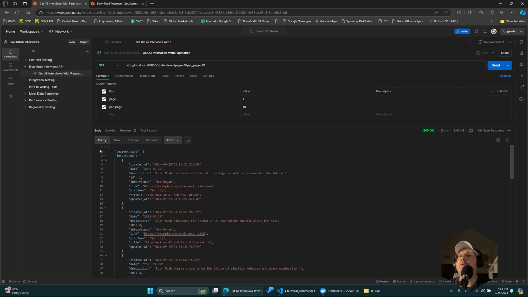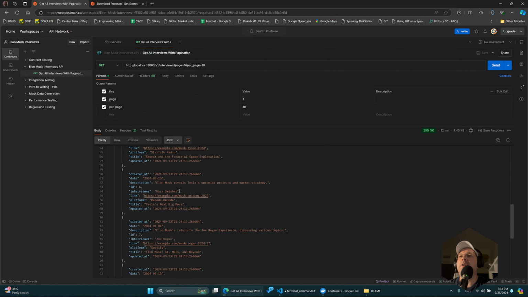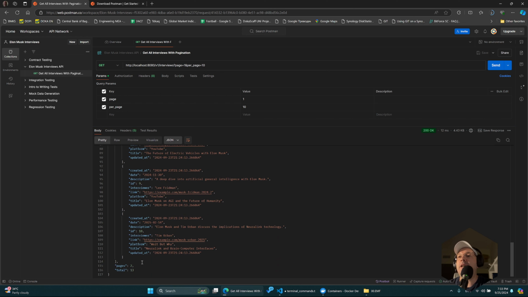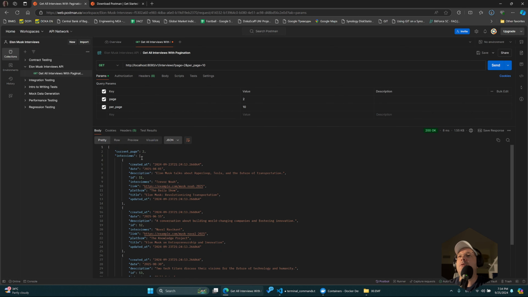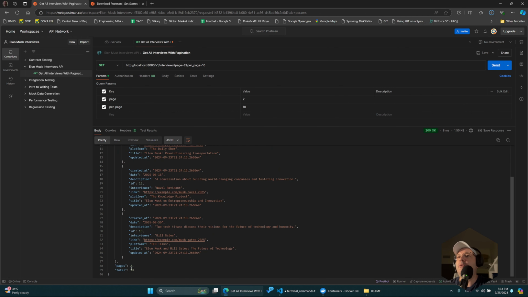Okay, there you go. So we have page 1 and we have 1, 2, 3, 4, 5, 6, 7, whatever. I don't know how many I have. Yeah, total is 13. It shows me that there are 2 pages. So I can change the parameter if I go to params, and I can change the page to 2 like this. And I can run it. And I'm on page 2, and that's why I'm getting only 3 results, 1, 2, 3,